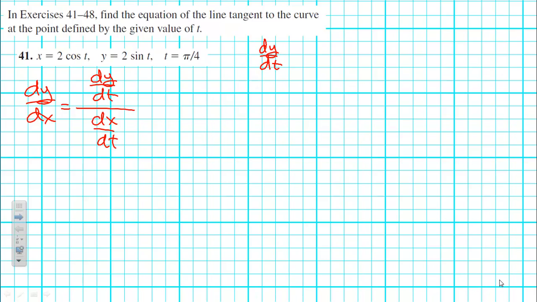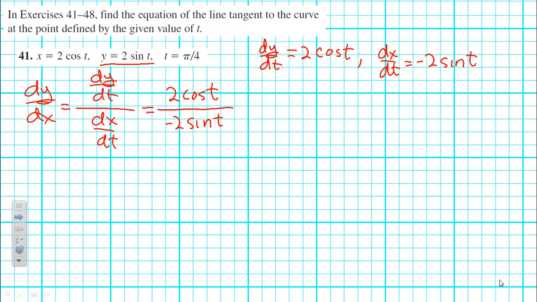dy/dt is going to be the derivative of y with respect to t. That looks to me to be 2 cosine of t. So I will write 2 cosine of t right there. Let's find out what dx/dt is, the derivative of x with respect to t. That looks to me like it's going to be negative 2 sine of t. So let's put that in there, negative 2 sine of t. Let's find out what is the value of dy/dx,